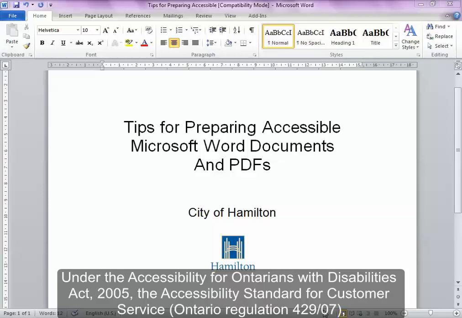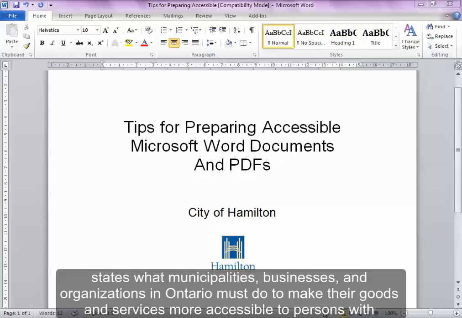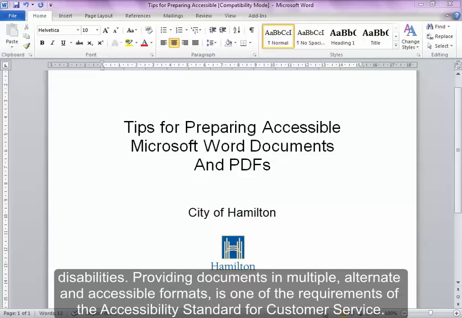Under the Accessibility for Ontarians with Disabilities Act 2005, the Accessibility Standard for Customer Service, Ontario Regulation 429/07, states what municipalities, businesses, and organizations in Ontario must do to make their goods and services more accessible to persons with disabilities. Providing documents in multiple, alternate, and accessible formats is one of the requirements of the Accessibility Standard